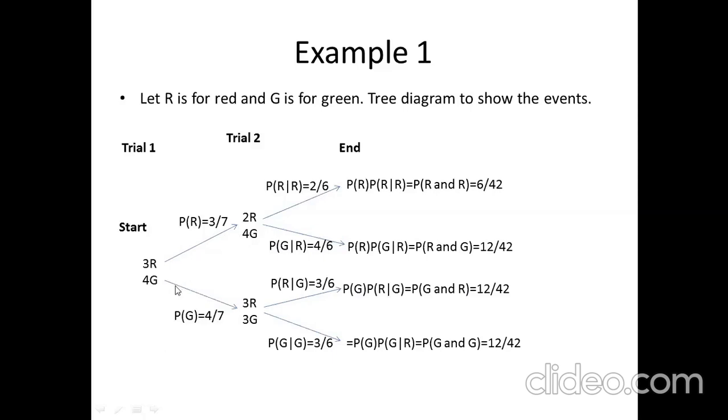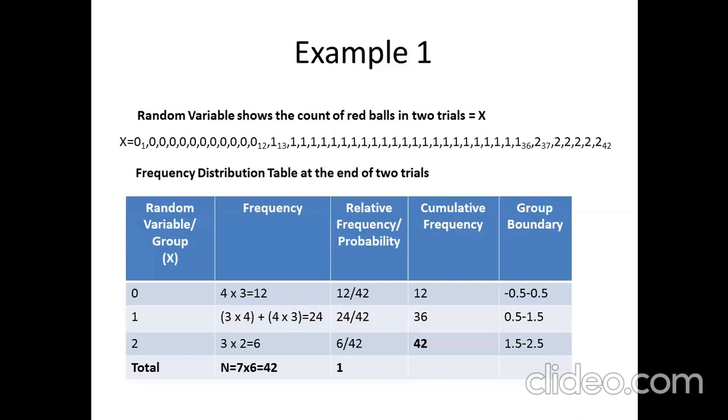So the parallel branches show that any one of them would be occurring. Either the first would be the red and then the green, or the first would be the green and then the red, right? So there would be 24 ones. So after the 12th location zero, we would have 24 ones. This means from the 13th location in the data set till the 36th location, because 12 plus 24 is 36. We will all have ones, and this is shown over here with subscript 13 and subscript 36.